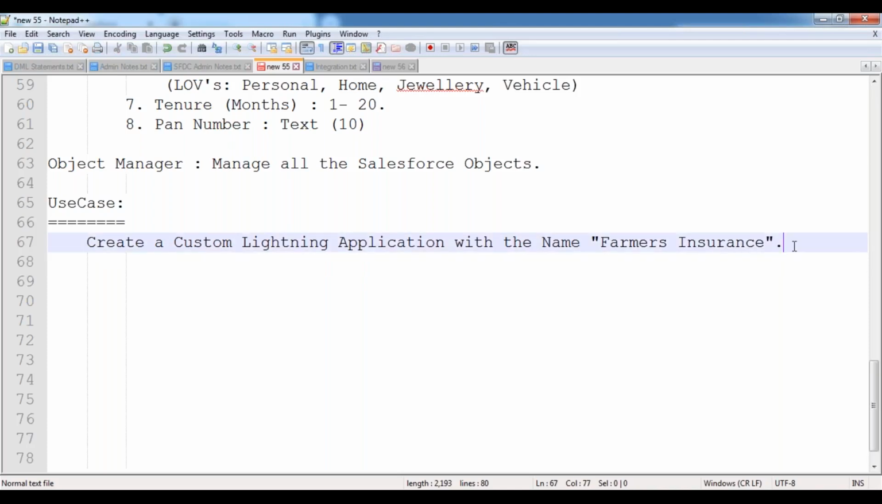Now, I want to create a custom application with the name Farmers Insurance. Then, how can we create this custom Lightning application? We'll see practically. Whenever you want to create a custom application, I want some logo, right? Yes. Now, as a step one,